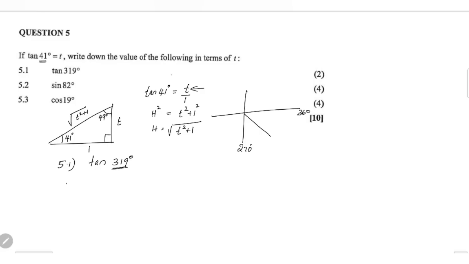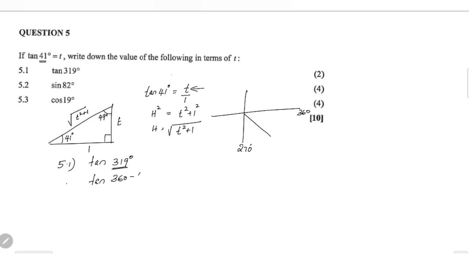I can go with 270 plus 49, or 360 minus 41. Do you see that one? Since I will get 41 when I use 360, let me go with that. 270 plus 49 also will work, but with 270 there are complications. The safe side when you write a reduction formula is to use either 180 or 360. So here let me use 360, that is tan